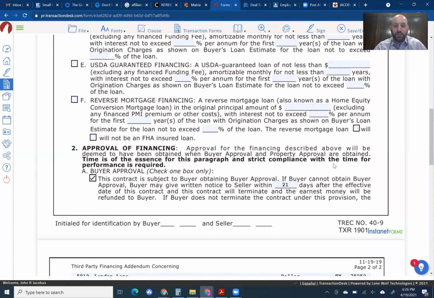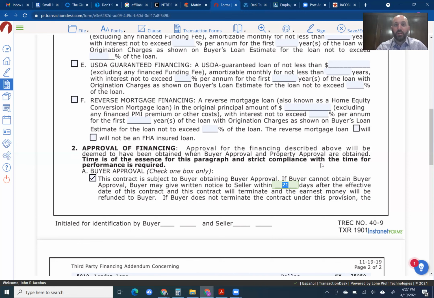So this is very important, because once you're past this number of days, say for instance, you went under contract on April 1st, on April 21st, or really 22nd, on April 22nd, after that, if you back out or weren't able to perform based on your financing, then you would lose your earnest money. So you would lose $7,250 for this deal, plus your option fee. And so you don't want to do that, but you do want to make sure that you are comfortable with